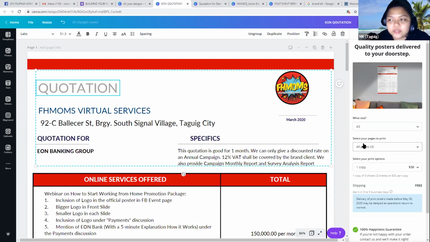So what you can do is ask them how much their budget is. This is similar to doing negotiations in the freelancing industry, if you're familiar. So it's good to ask them first ano yung budget nila. And then after nun, pag natanong nyo na yung budget,